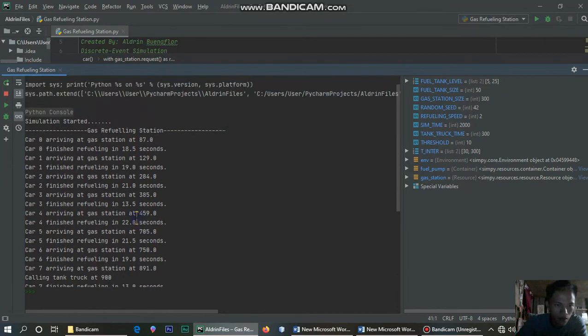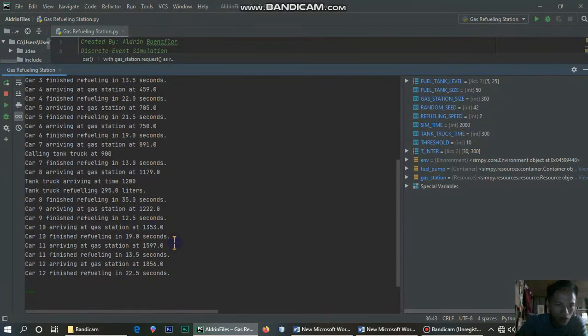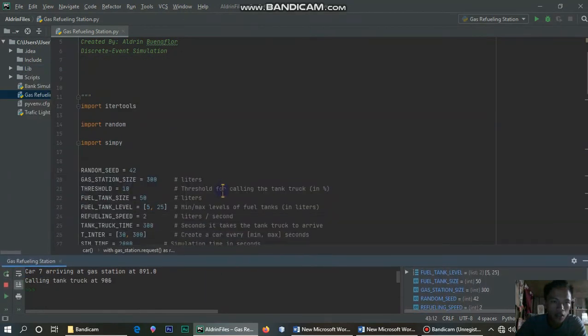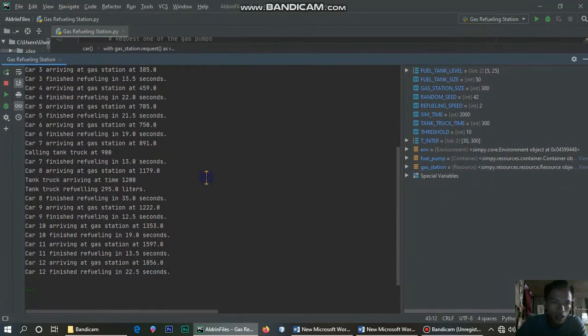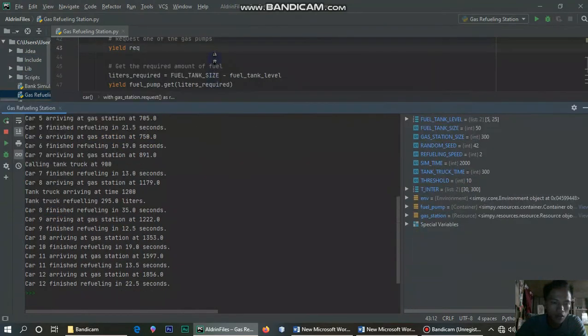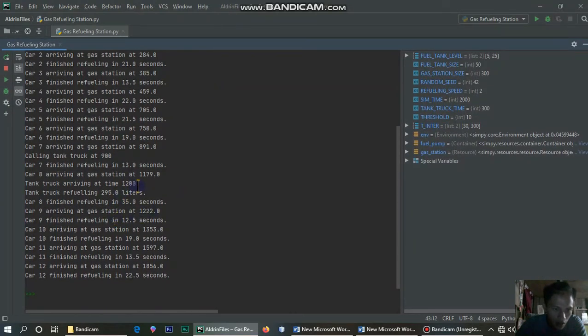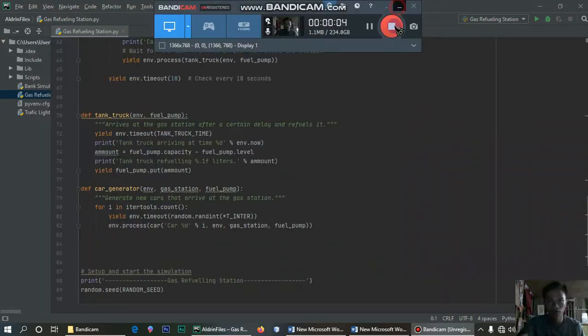Then we choose to rely on the gas station. So we jump into the tank truck arriving at 1,200 second. Then tank truck refueling in 295 liters because the tank truck has a capacity of 3,000 out. Yes, 300 liters. So